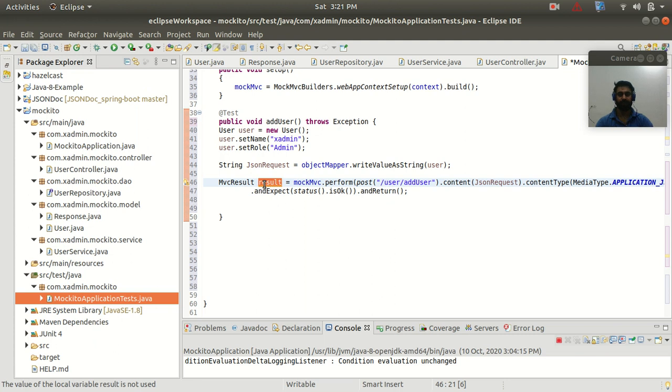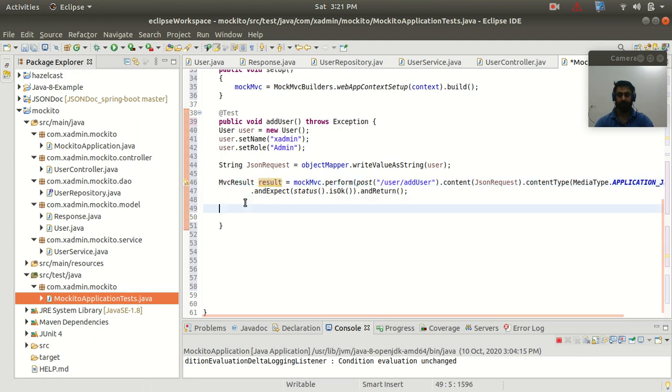So for that, how can we do it? Let me take one variable as a String, resultContext.